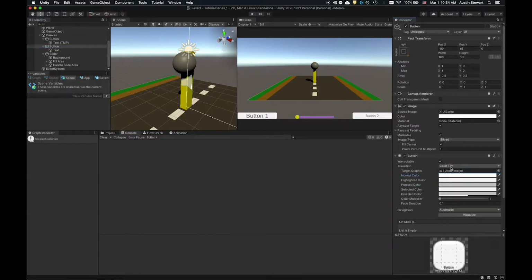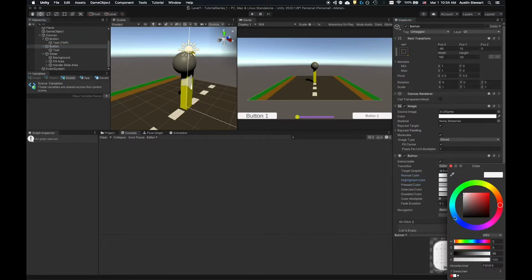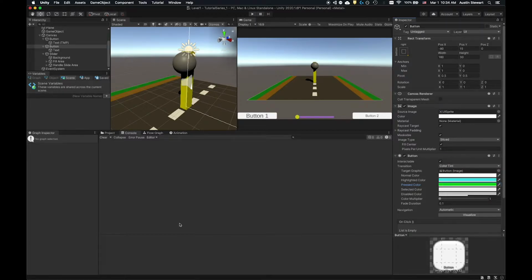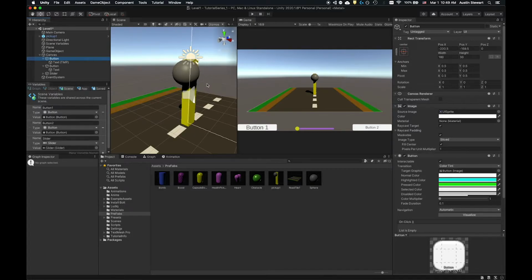So we'll leave normal alone. Highlighted, we'll make teal again. And then, all right, we'll do green for pressed. And I'm just going to leave all of those alone. Okay, so now that we've set this up, let's go ahead and hit play, and we can just sort of